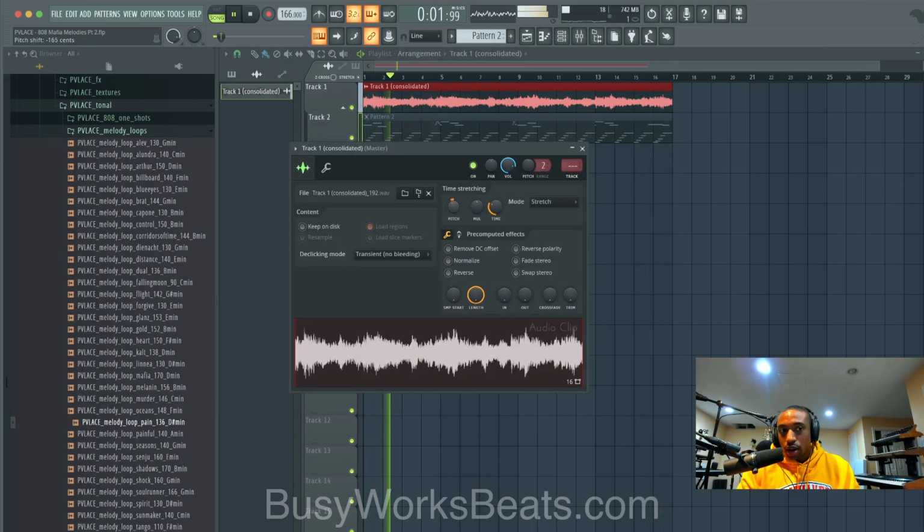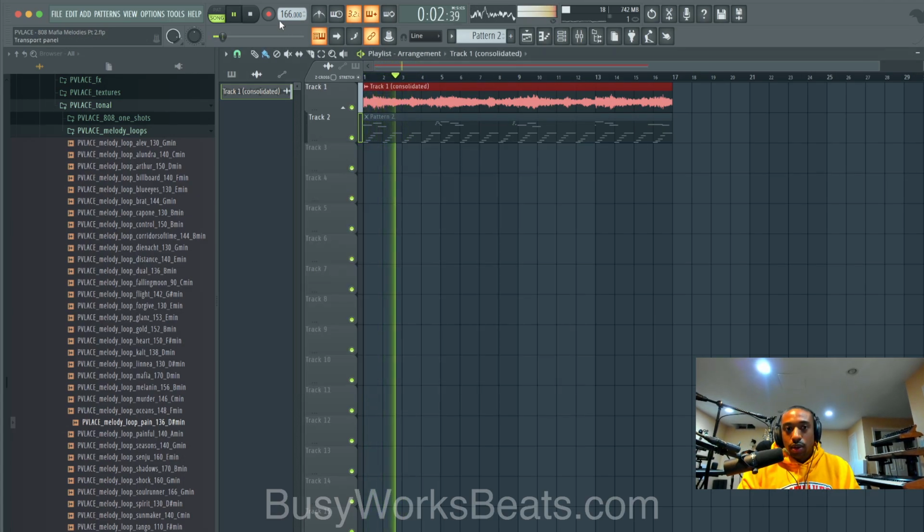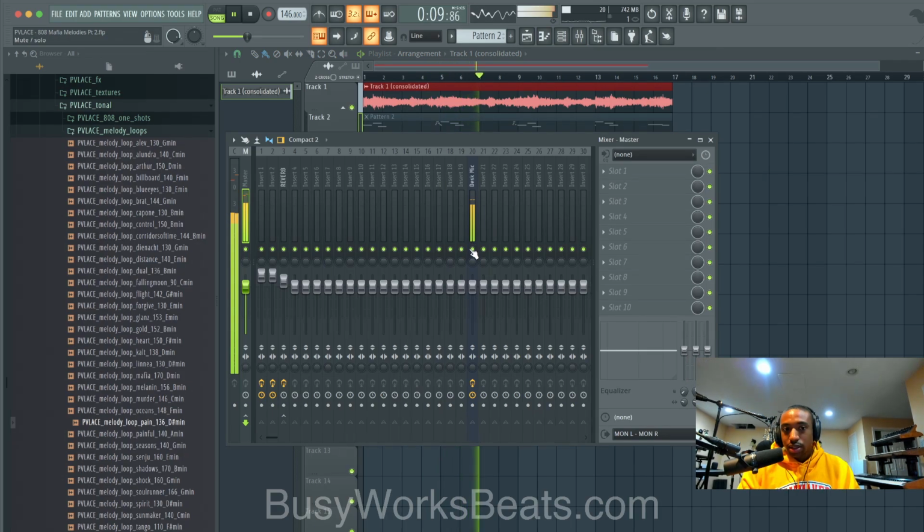You can pitch it down for a darker vibe and then slow it down. So let's pitch it down 300 cents and then just slow it down. So it has that dreamy sound still because of all the effects we used. Okay, so if I'm pulling the pitch down, I'll usually slow down the BPM, and if I'm pulling the pitch up, I usually speed the BPM up.